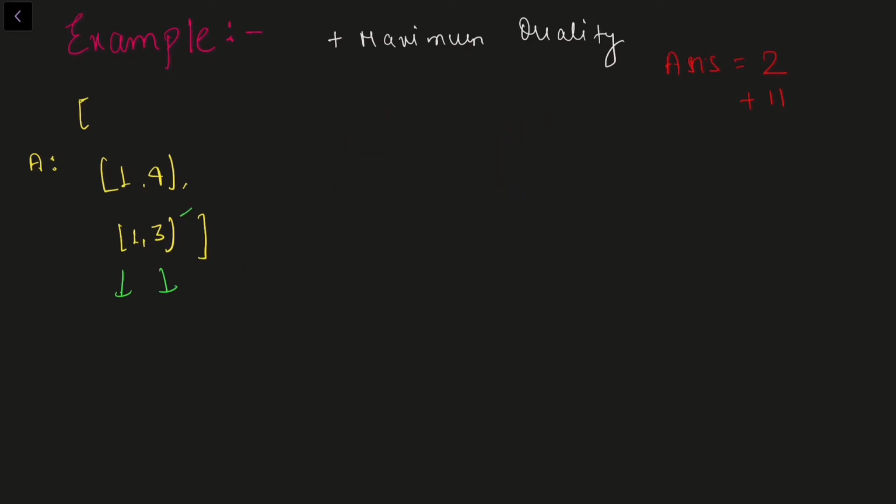Now again we need to do the same steps. I need to check the element which has maximum quality, right? So the maximum quality here is 1 only. And out of these two elements the one with the maximum quantity is 4, right? So I'll add 4 to the answer, and I'll remove all the elements with quality 1 now. So I'll remove both of these elements.